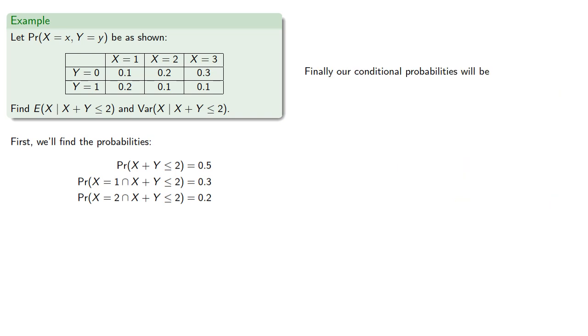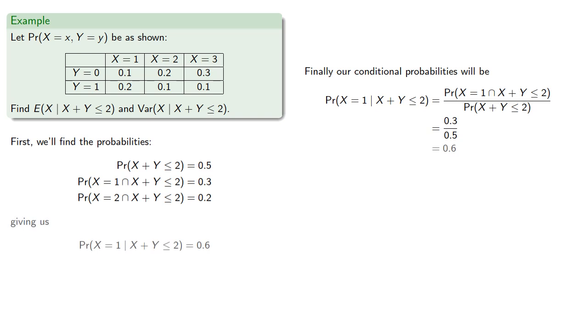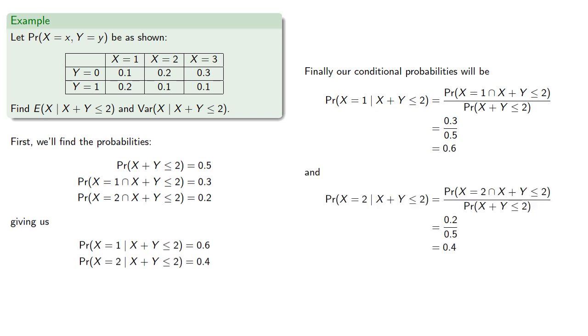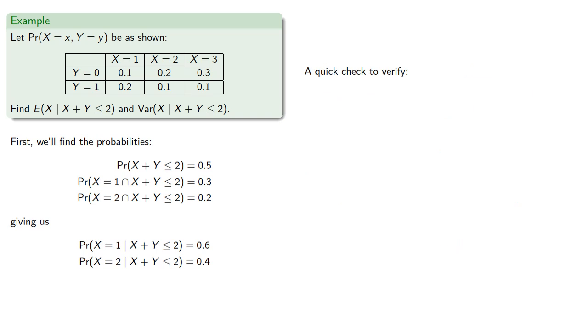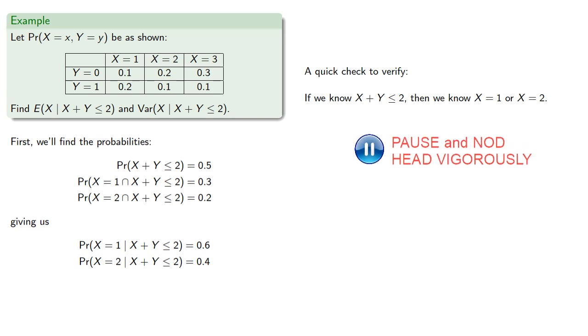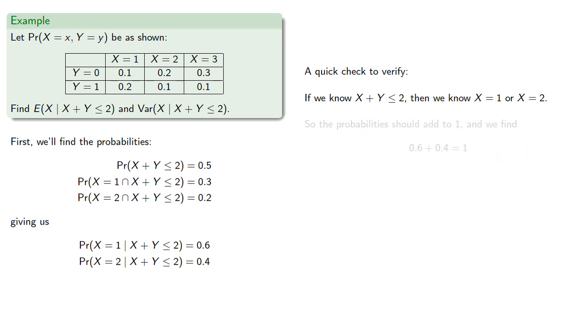And so we know our probabilities, so we can find our conditional probabilities, which will be, and a quick check to verify that we've done everything correctly. If we know that the sum is less than or equal to 2, then we know that x has to either be 1 or 2. And so our conditional probability should add to 1. And we find,